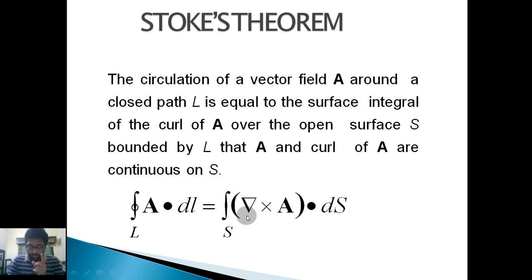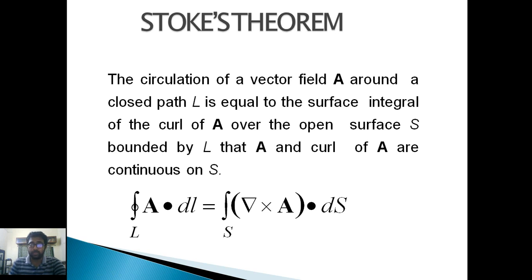So the curl of a vector is also basically the surface integral, providing the representation of a surface. In circular motion, the value of the vector is maximum and the direction of the vector will be normal to the surface. That is what Stokes theorem basically states: the circulation of a vector field A around the closed path is equal to the surface integral of the curl of a vector. The surface integral of the curl of a vector is equal to the closed path integral of the